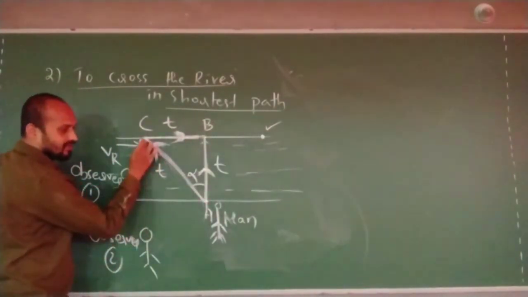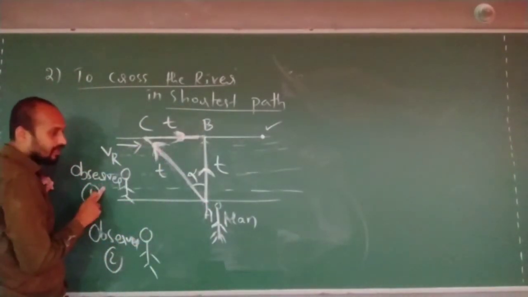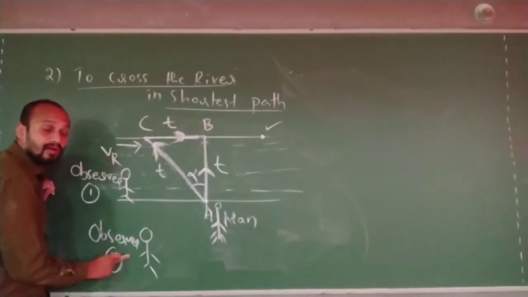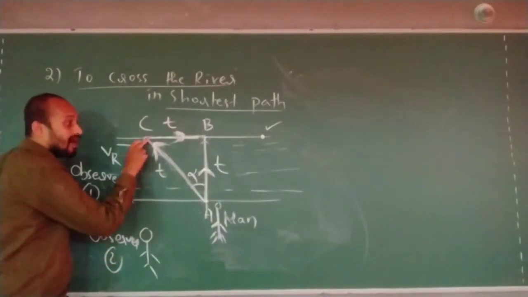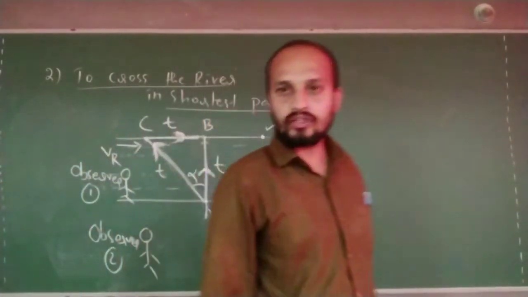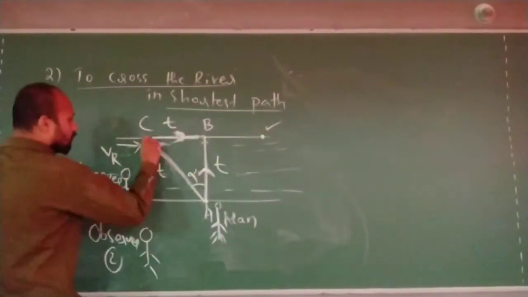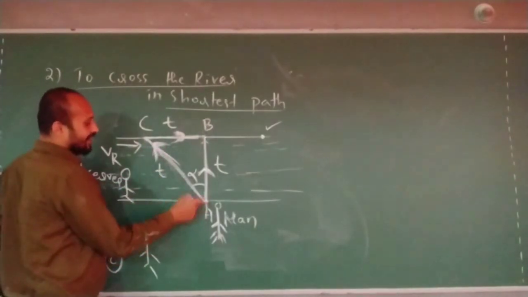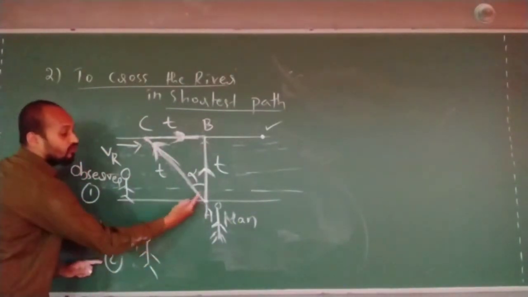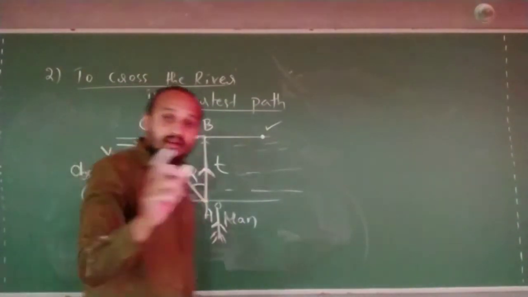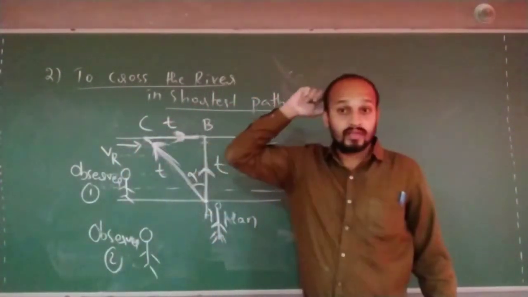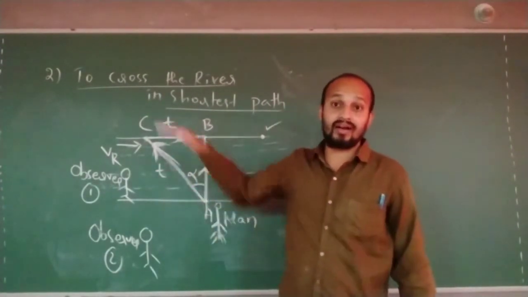He is traveling like this with respect to observer 1, but he will travel like this with respect to observer 2, because the river is pushing him from point C to B. I believe you have understood. Correct? This motion from point A to C you cannot see from the ground. If you want to see the motion from point A to C, you also have to jump into the water, then only you can see it. I am giving more stress because I think you are not understanding. Correct now?